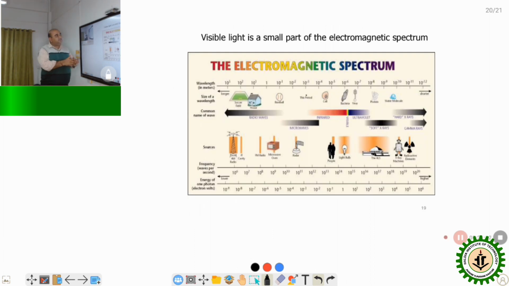And this is a part of the electromagnetic spectrum which we come across. First of all, we have the radio waves. Then as the frequency range increases, we have the microwaves. Then we have the infrared. Then we have the ultraviolet, and finally X-rays and gamma rays. As the range of frequency increases, we go from kilohertz to megahertz to gigahertz to 10 to the power 12, terahertz. This is a part of the electromagnetic spectrum.